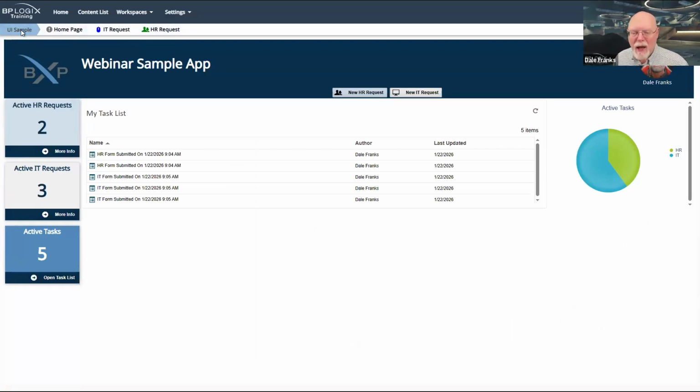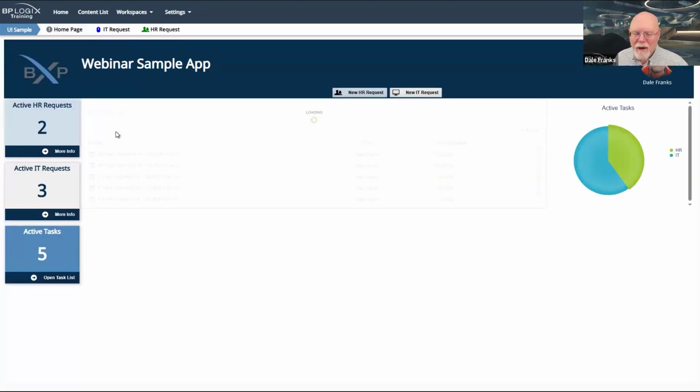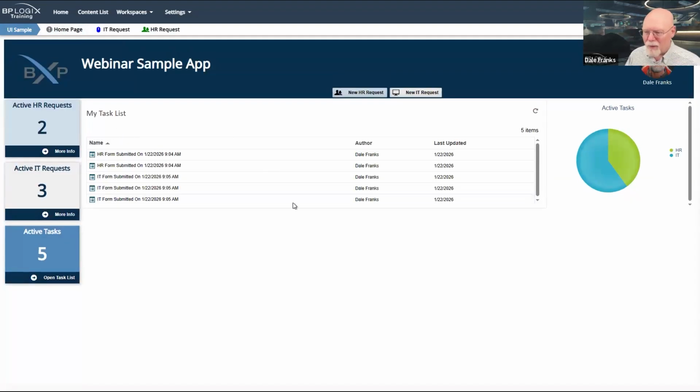Now, as I mentioned last week, I don't need a home page, and all clicking does is refresh the home page here, because that's really the only view that I have in this simple workspace. Again, as we talked about last week, if I just click on the workspace name, it will also take me back to the home page, although I'm on the home page, so it isn't taking me there now.